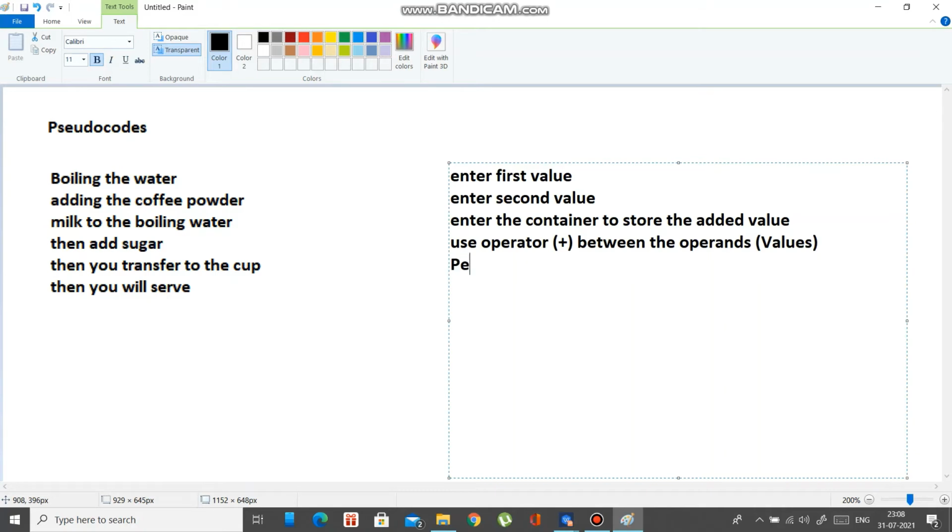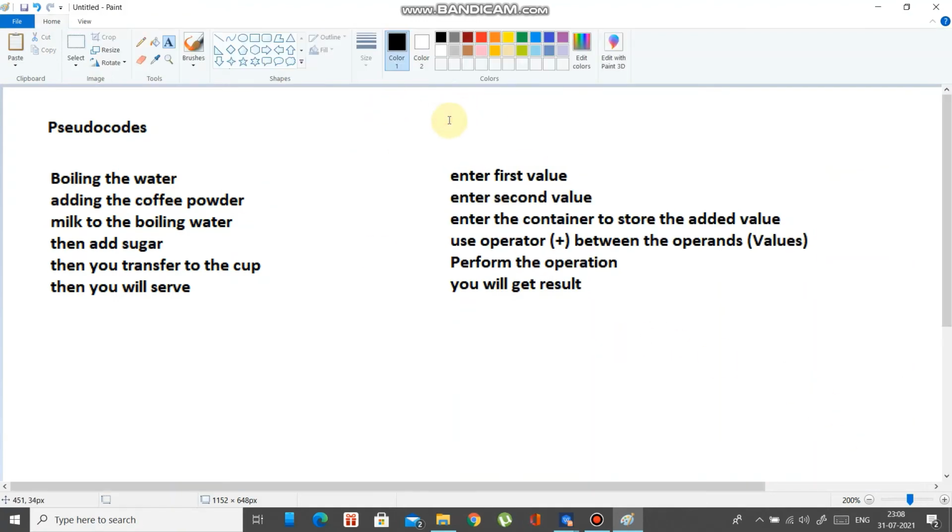Then you will perform the operation. You will get an end result. In the same way, you will be using it for different types of programs.